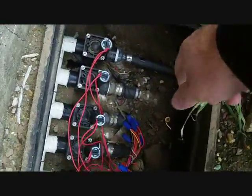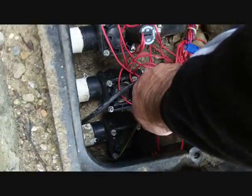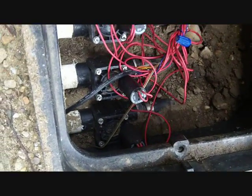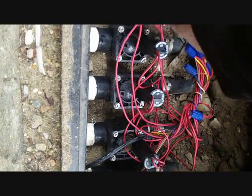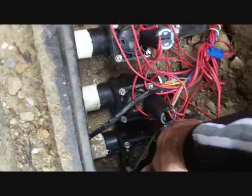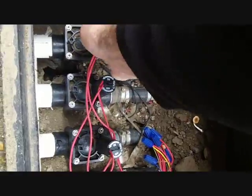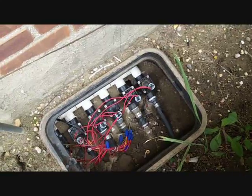Then you give the valves a once over. You just squeeze and tighten. Don't tighten it too much. You'll see when you loosen them up how loose they are. They don't require much, once they reach a point where they're tight. I'll show you with this one. See, look, 2 fingers. You see that 2 fingers tighten it, that's it, and just a little bit, that's it. Don't over tighten them, because you'll strip them down and then it'll cost you money to fix it. So you do it by hand. Don't use any tools. If you can't get it off by your hand, then it's too tight and you might have a problem. But they just loosen up by hand. Once you're done, you put your cover back on,